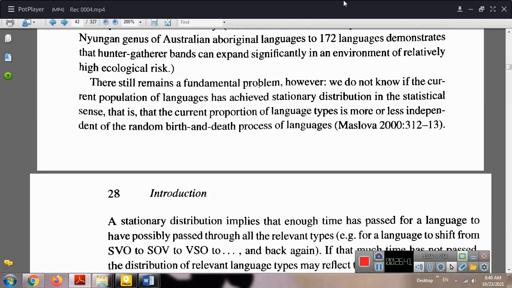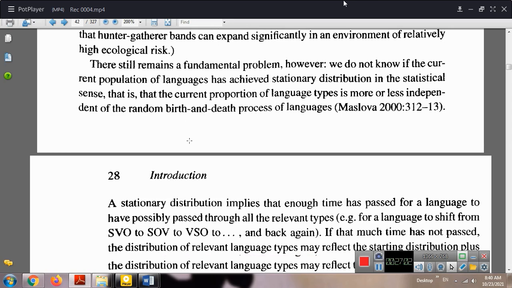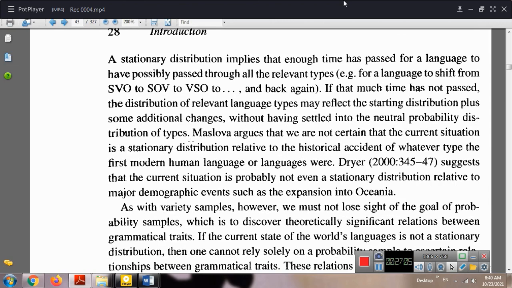There still remains a fundamental problem, however. We don't know if the current population of languages has achieved a stationary distribution in the statistical sense, that is, that the current proportion of language types is more or less independent of the random birth and death process of languages. A stationary distribution implies that enough time has passed for a language to have possibly passed through all the relevant types,